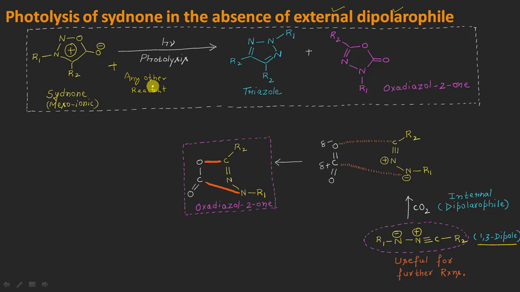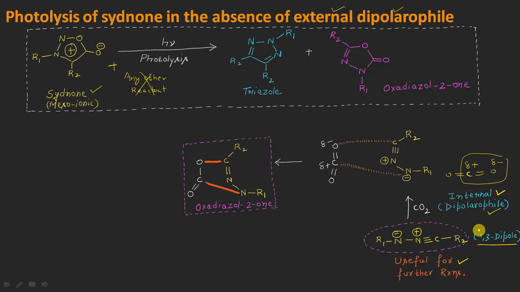So in the absence of an external dipolarophile, what will happen is that while the formation of this resonating structure took place from the starting mesoionic molecule, you have seen that release of a molecule of CO2 took place, right? So now that CO2, which is C double bond oxygen with a partial positive charge on the carbon and a partial negative charge on the oxygen, this bond here can act as our internal